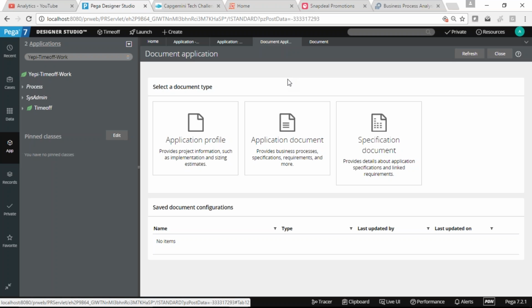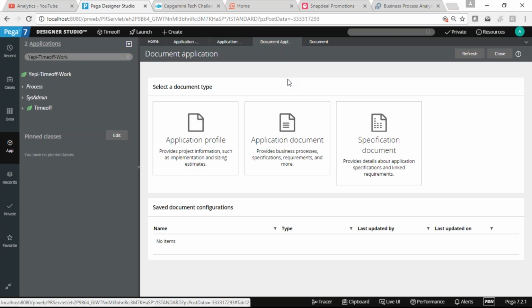Any advantage of using this? Because if we are using a Pega application for the developer, and we use this Pega business architect, whatever you showed us, the requirement and the specification document, is this going to help the developers also, by maintaining these documents in Pega rather than maintaining them in some other software?